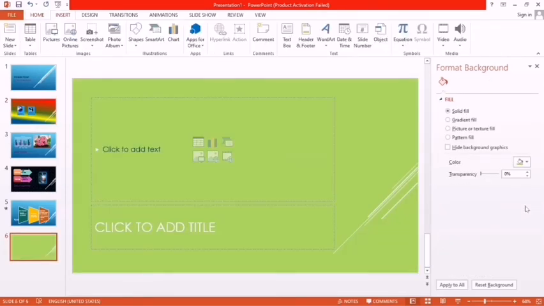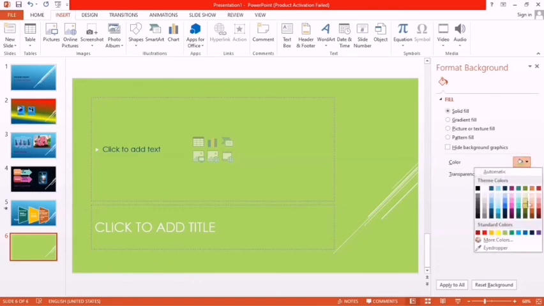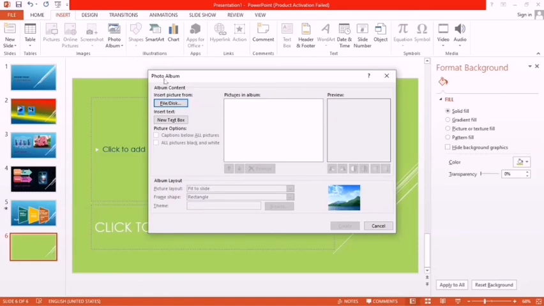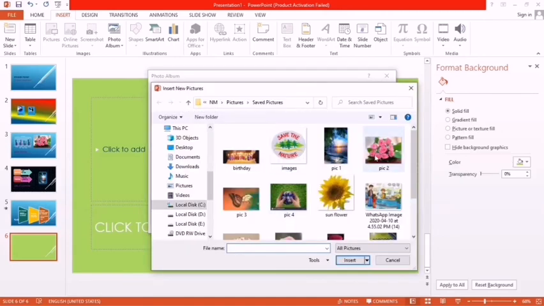Now I open another slide and change the color. Click here on Solid Fill, like I select green color. This will be applied. And now another thing, select the Insert tab, and you can see here Photo Album. Click on New Photo Album. You can see different things here. In a photo album you can add not one picture, more than one picture. Like I click on File and select this one. I select this one. Okay, insert.